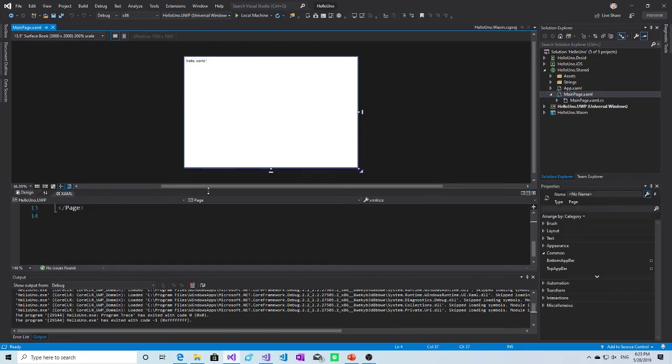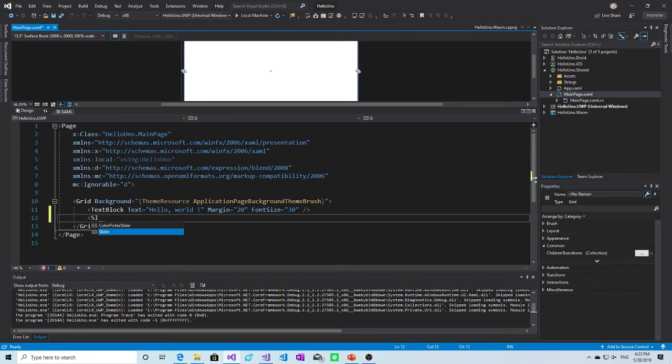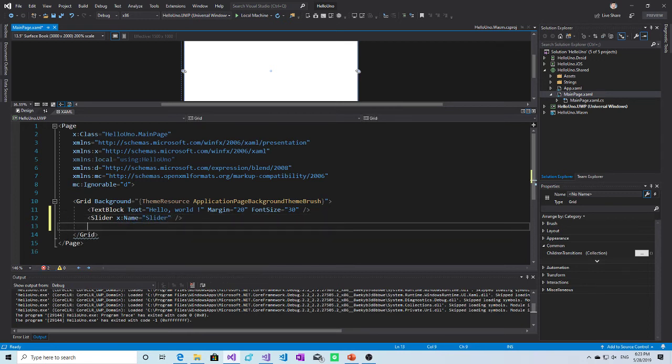I can go into code and add a slider with the name slider, and I will also add a text block which will use data binding to the slider with path Value. So this text block will show the current value of the slider above it.